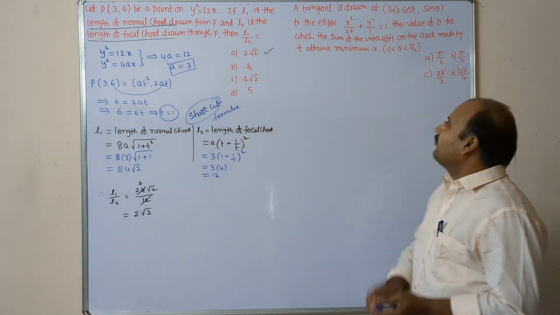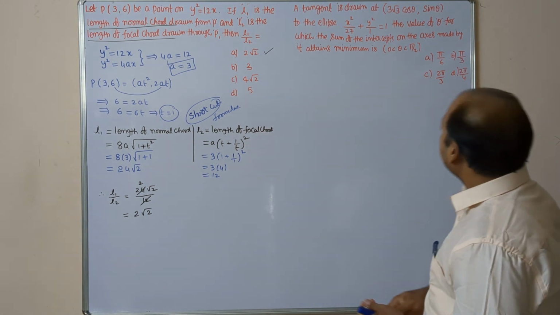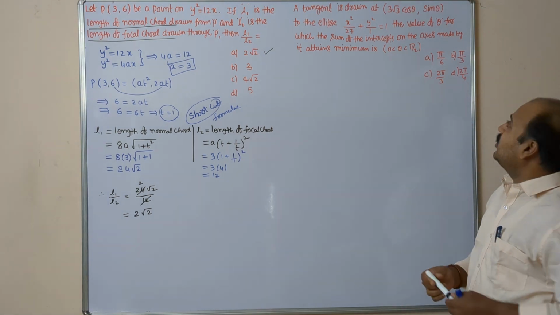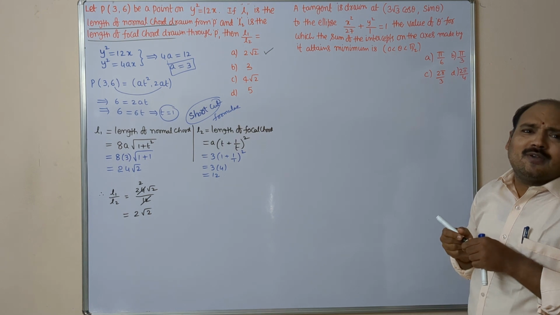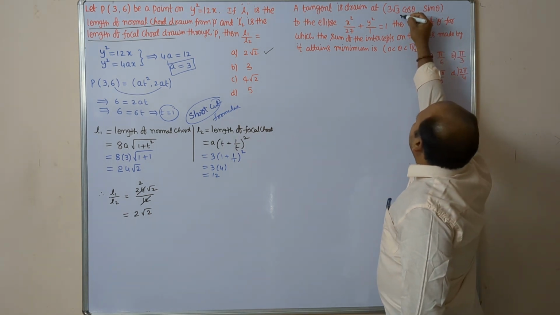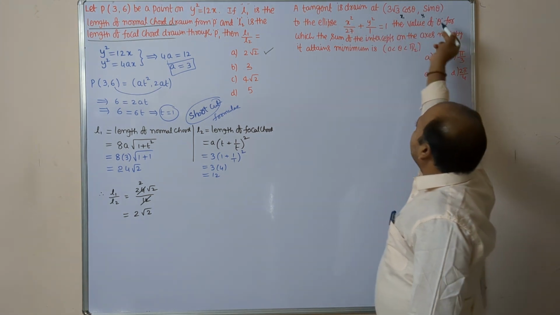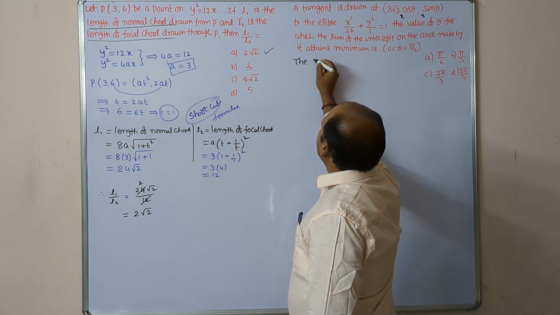Now come to the next question. This belongs to the ellipse. A tangent is drawn at the point (3 root 3 cos theta, sin theta). So it is a parametric point on the ellipse, (a cos theta, b sin theta). So this is x1, this is y1. So the tangent equation drawn at the point, so the equation of tangent